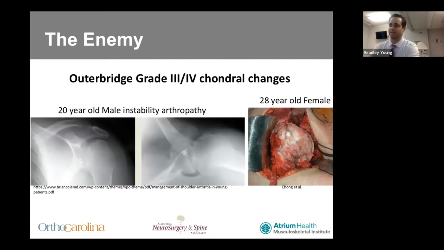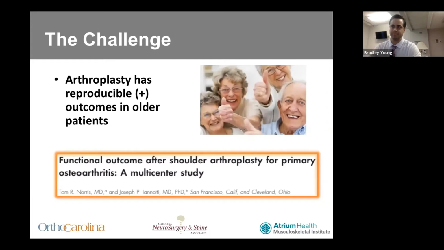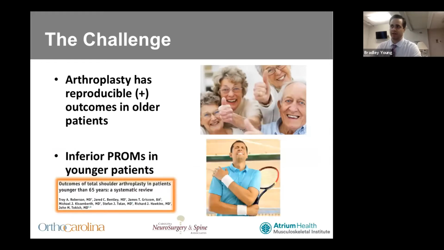All the way down to these findings of end-stage capsulorrhaphy arthropathy in a 20-year-old and post-traumatic AVN in a 28-year-old female. So although shoulder arthroplasty has reproducible positive outcomes in older patients with primary osteoarthritis, younger patients tend to report inferior outcomes, and radiographic loosening is much more of a concern to us as surgeons. This is likely due to the unwelcome post-op limitations that we put on these patients and their greater functional expectations